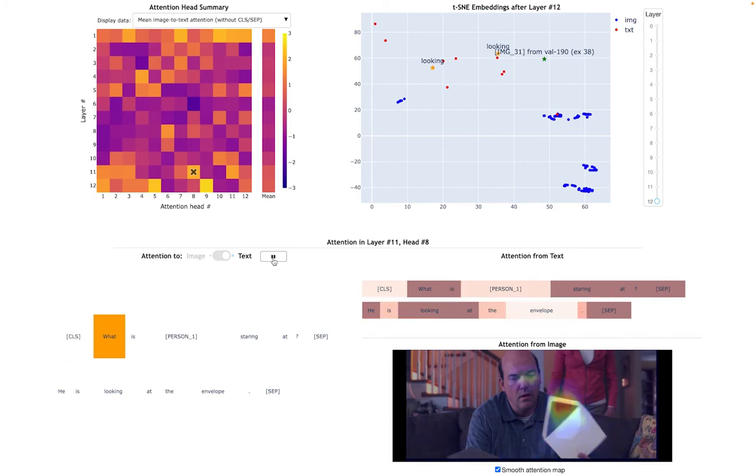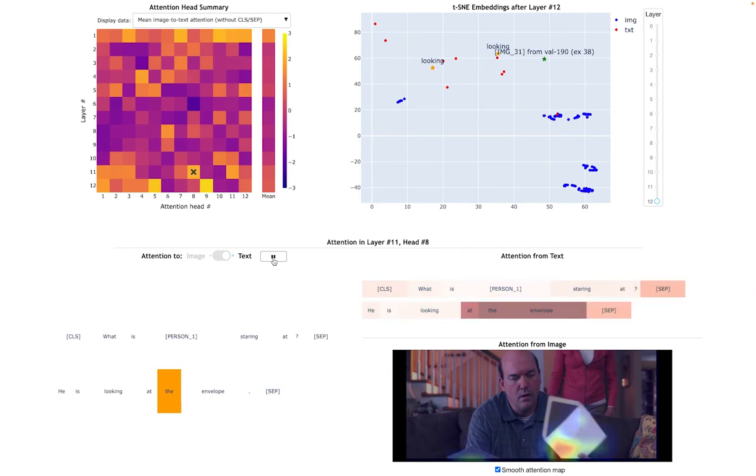Here we can see that the attention from image is focusing on whatever the text token is referring to. For example, staring and looking get attention from the person's eyes. He and person 1 get attention from the person's entire face. Envelope and what get attention from the envelope.